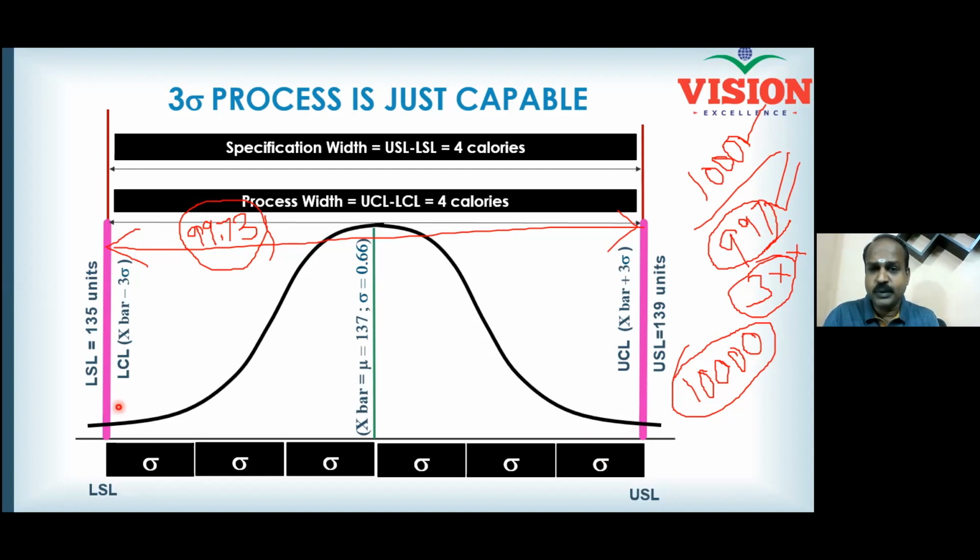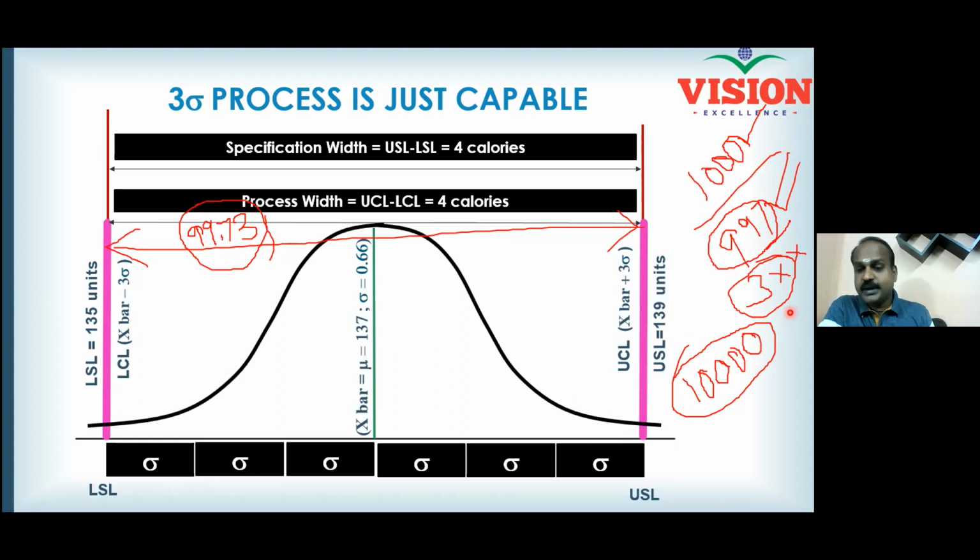That means if you produce 1000 milk packets every batch, 997 milk packets are expected to be inside the specification limit. Why do I say 99.73% inside spec? Because I should use it only with the control limit. But in this case, my control limit and specification limit overlap. So whatever rule is applicable to the control limit is now applicable to the specification limit also. With that, I understand 997 milk bottles out of 1000 I produced are within the spec. Customer will accept those. How many may your customer reject? 3 bottles your customer will reject.